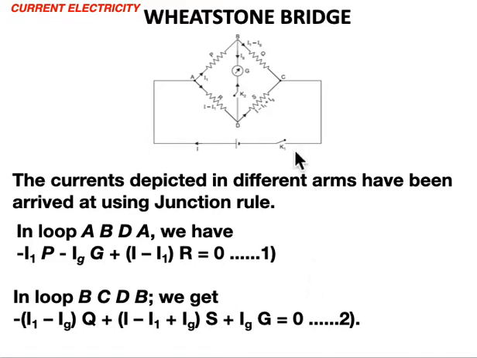Now, what we do is we adjust the values of resistances. One of the resistances is unknown. Other 3 can be adjusted so that we don't get any current in the galvanometer. This happens when the potential at B is equal to potential at D. We know that current can pass only if there is a potential difference between 2 points. Since we don't get any current here, that is Ig is 0. So, Vb and Vd are equal. Potential at B is equal to potential at D. The bridge in this case is said to be balanced.